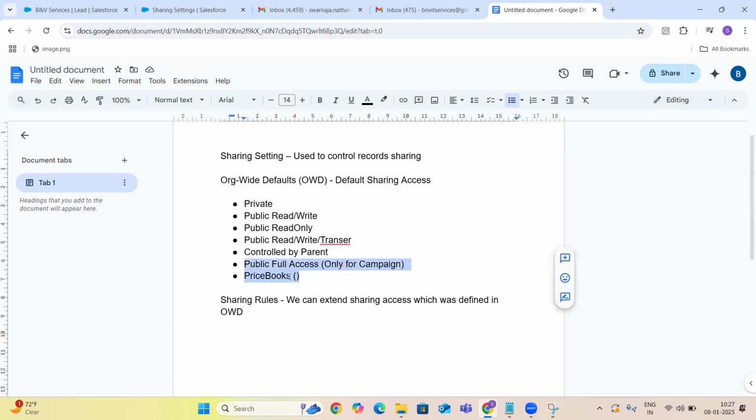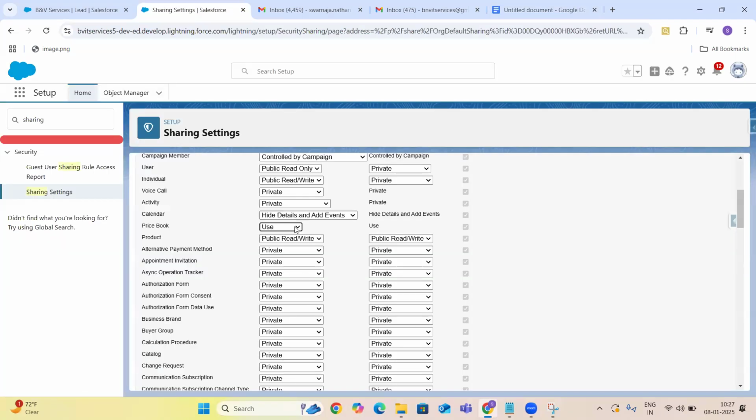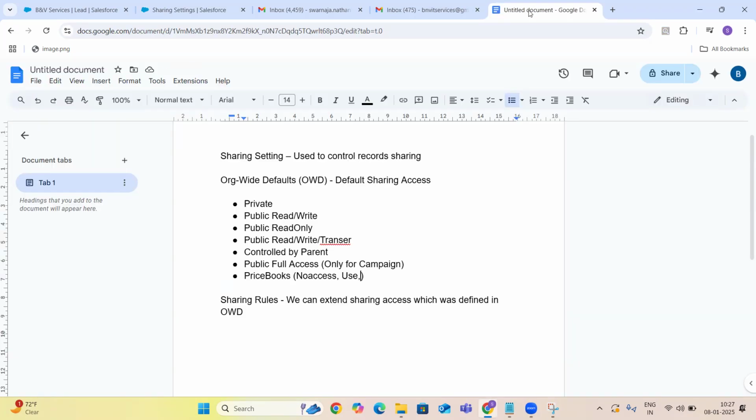Price books has no access, or use, and what is the other thing? It has view only.